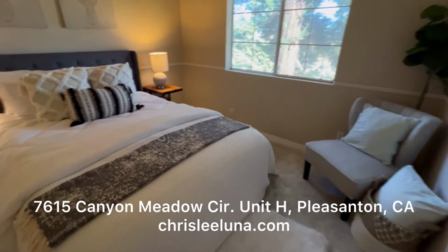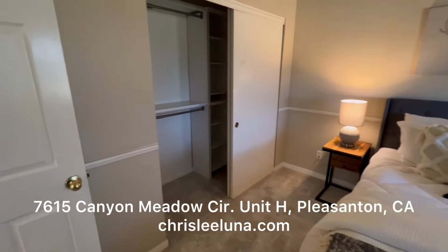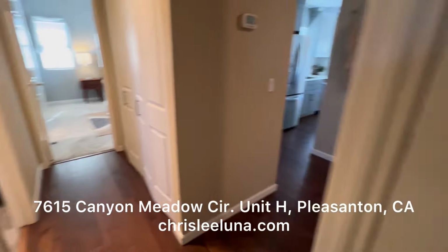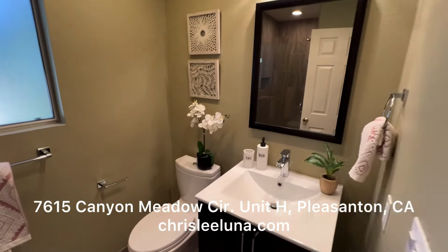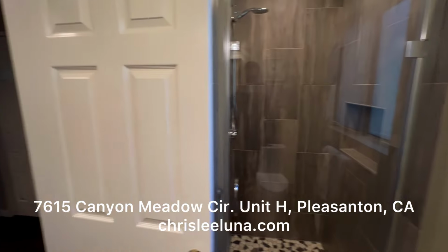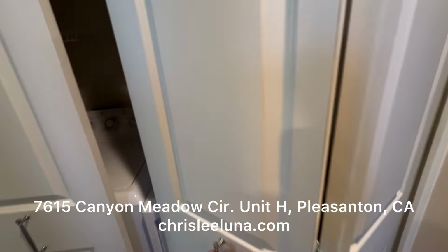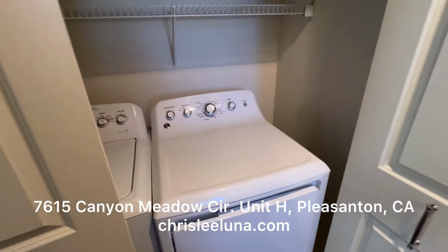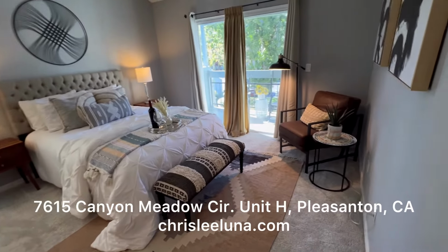first bedroom, remodeled bathrooms. Here's our first full bath. Comes with an in-unit laundry closet, washer and dryer included, and our master bedroom